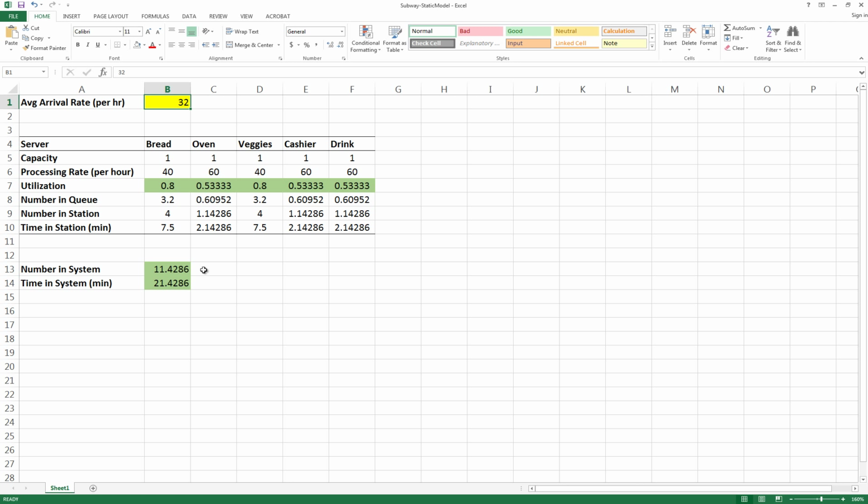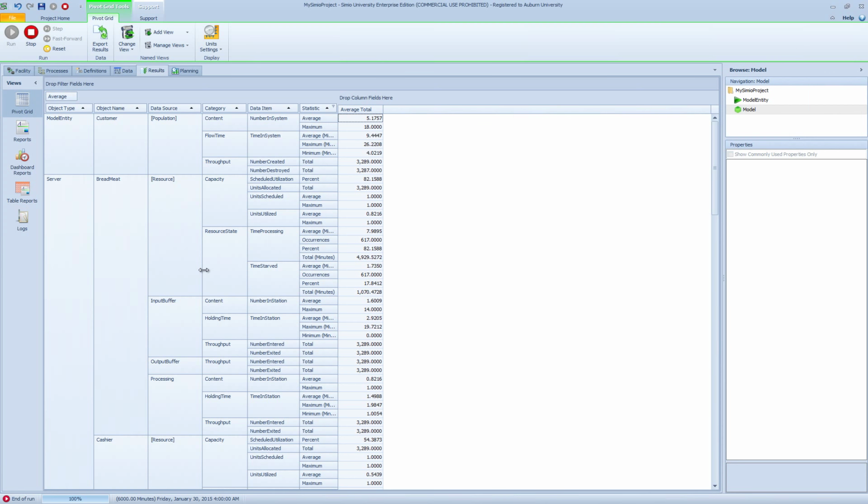This difference is due to a couple of reasons. First of all, in my queuing model, I'm assuming that all processing times are exponentially distributed, which is not the case in my simulation model. Secondly, my queuing model assumes that everybody has the same processing time in the oven station. So basically my queuing model ignores cold customers. And finally, we know that from our simulation interactive run, we're only getting one observation of these random variables that we're trying to measure. So in order to get a better estimate, we need to replicate our model